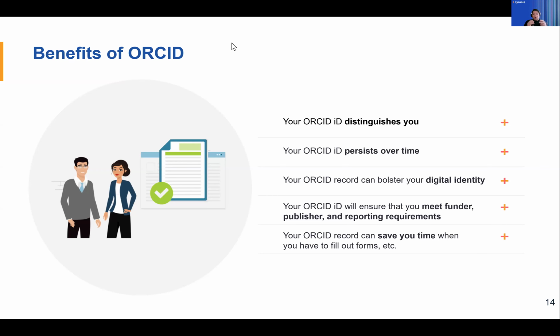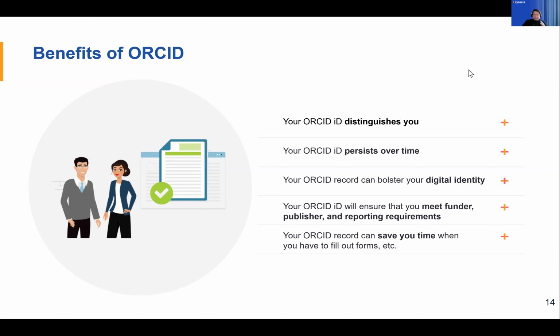And ultimately, ORCID is really about saving you time. We'll talk more about how ORCID saves you time, but that's a big part of it. Saving your time when you're filling out forms, saving time when you're logging into different systems, all of those things are a big part of that. So it's saving you time, but it's also saving your organization's time, the administrators, because they don't have to collect a lot of things, since all the information that they probably need is already available in your ORCID ID.